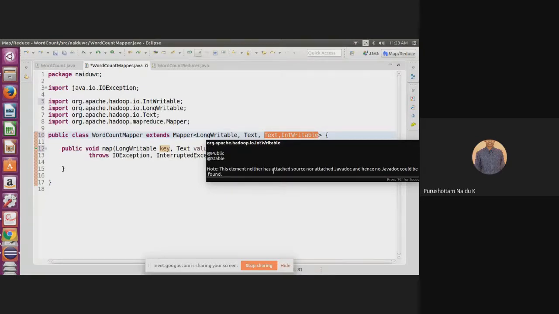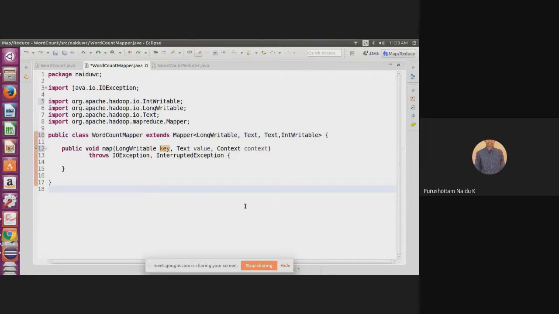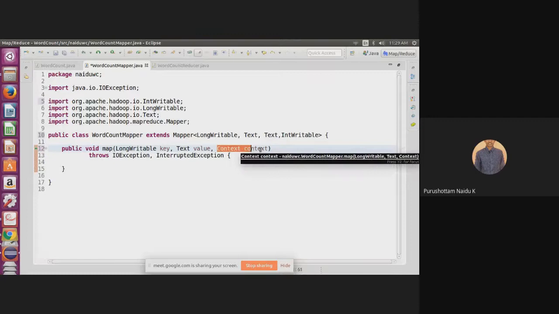So actually, the output of this mapper we have to emit, or send back to Hadoop. If you want to emit the output of the mapper to Hadoop, we no need to write the output directly. Simply we write using the context object. By using this context object only, we emit the output into Hadoop. Clear? Just like how we use System.out.println in Java, similarly if you want to emit the output into Hadoop, we use the context object. If any errors occur, it can throw an exception, that's InterruptedException.